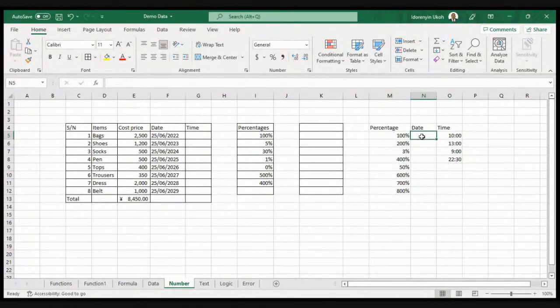So that's what we call number data. Excel accepts time as number data as well as date.